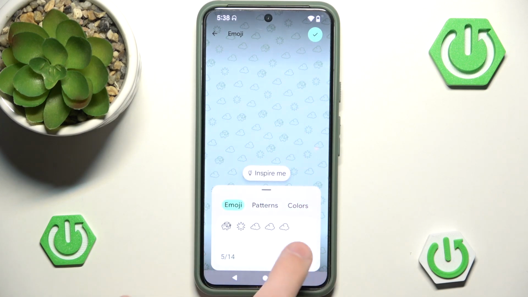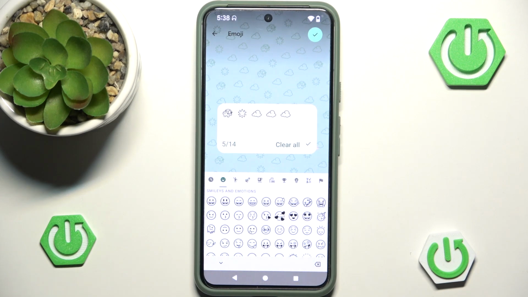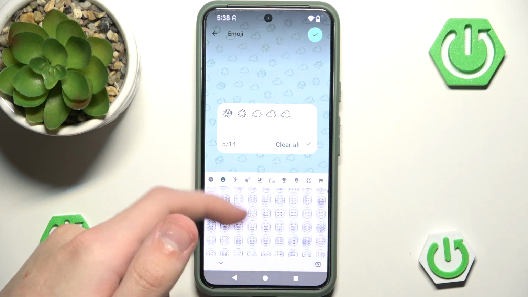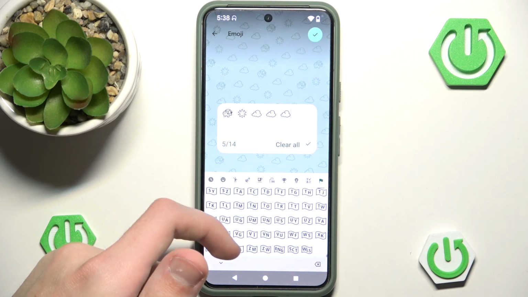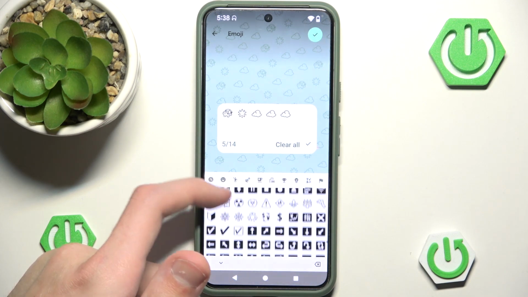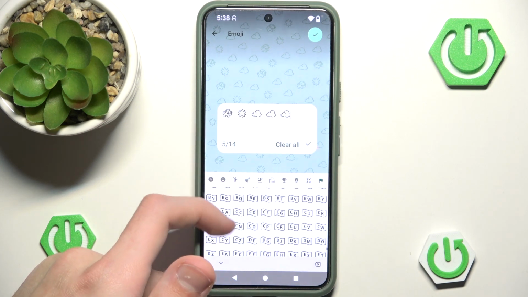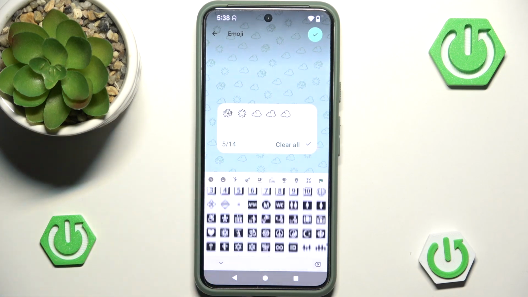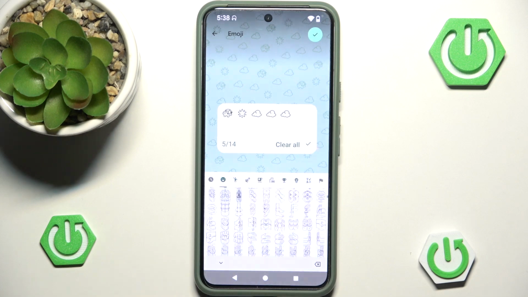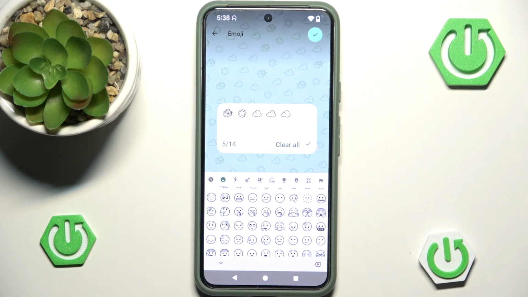In the emoji, we can basically add and remove different emojis from our little wallpaper. So as you can see, currently we have three clouds, one star, and one turtle. We have this big list of all the... Wow, this is pretty huge. I mean, it basically consists of every single... Okay, the flags look pretty funny, not gonna lie. It consists of every single emoji we currently have on the Google keyboard,